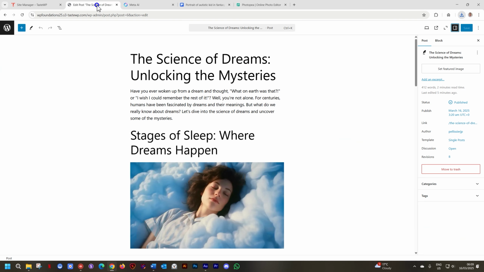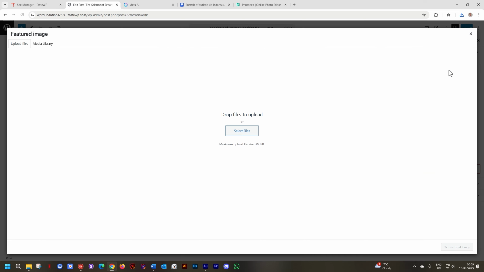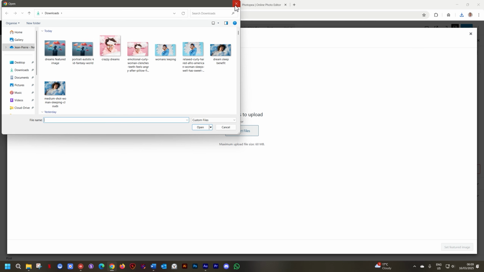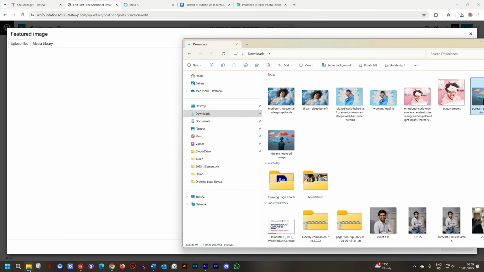Now we go into WordPress, set featured image, select that, and it opens something that we've not seen so far. And this is the interface for the media library. In the next chapter, we'll look at the media library. So it says drop files to upload or select. And if you click on select, it's going to open up your Explorer or Finder, or like before, you just drop it.